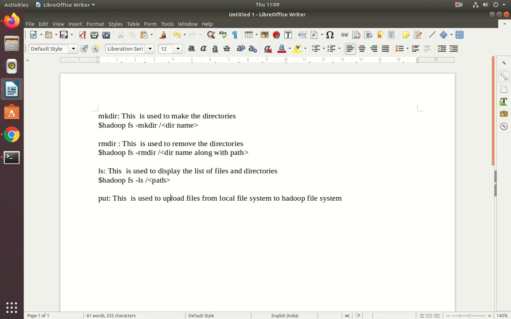We completed this one. And the next one is put. The put syntax is -put, then the source file and the destination file.